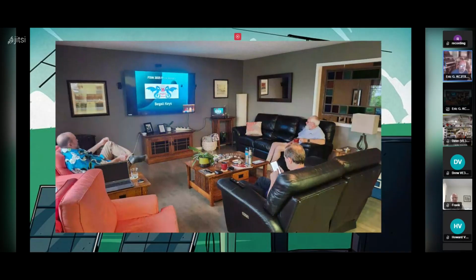This was our operating position for the Thursday of the few days. So again, nice large living room with a screen that we hooked up to a stream coming from FDIMn in Dayton. It started at 8ish in the morning and ended at around 5 or so. And so we got kind of the effect, the effect without the smell, let's put it that way. So it was almost a full sensory experience. But